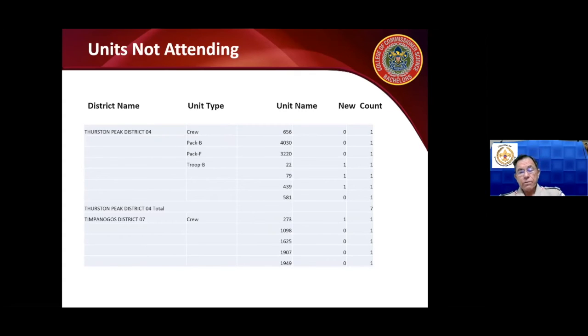And now you get a report that says who's not attending. I'm not picking on any district here. I picked on my own district because they're doing very well with roundtable. They only had 7 units that weren't in attendance at last month's roundtable. And it identifies what unit that is. So if I was a commissioner and I'm looking at this report,